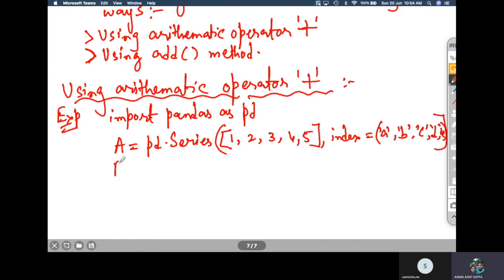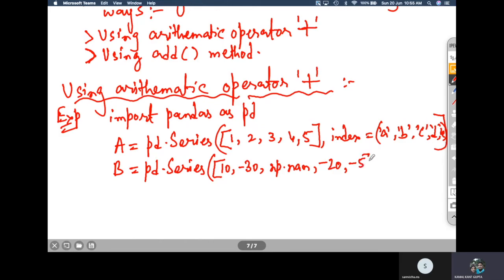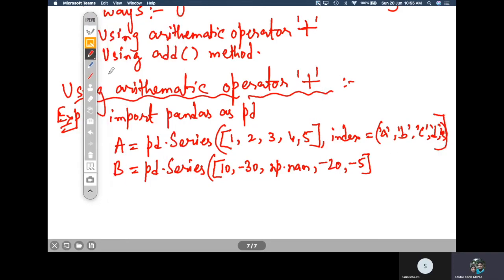Okay, and then we have B is equal to pd dot Series, and here I am writing say 10, minus 30, np dot nan, minus 20, minus 5, something like this I am taking, and indexes as you like, you can give, no problem.